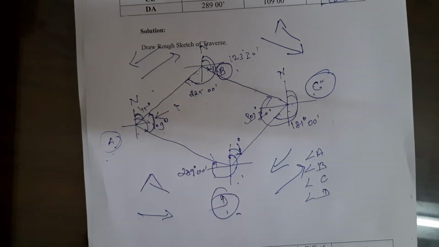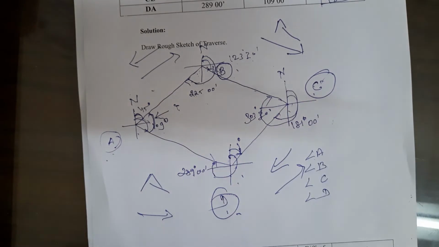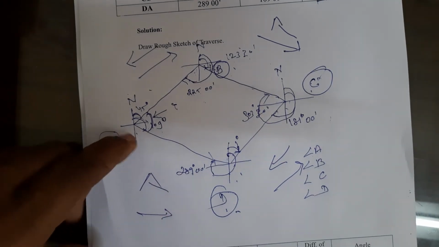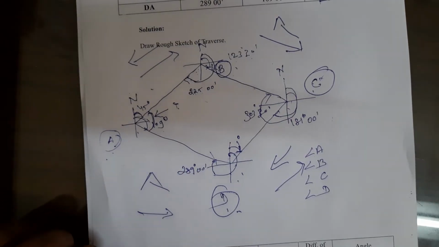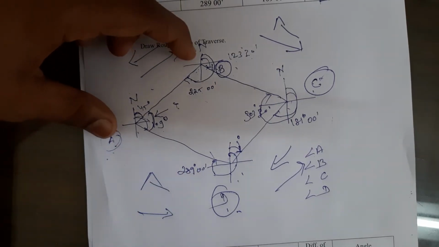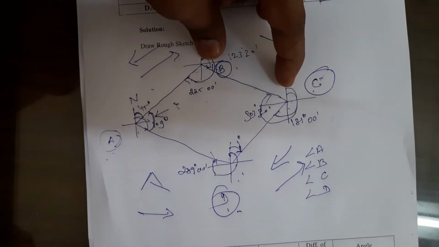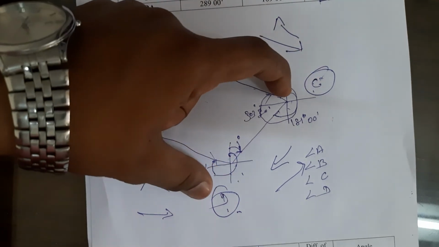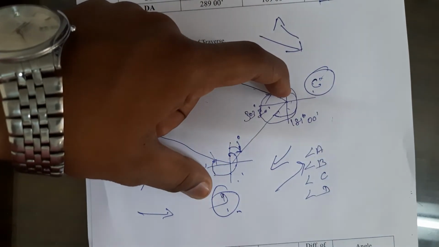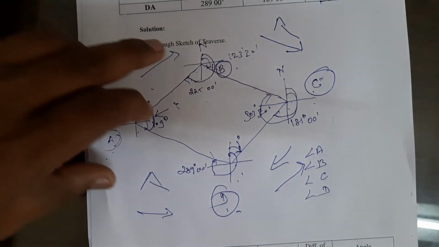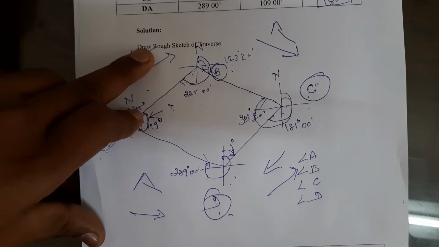109. So the station line is DA, then AB, then for C it is BC, and then for D the line is DC. Why? Because we measure from D to C.